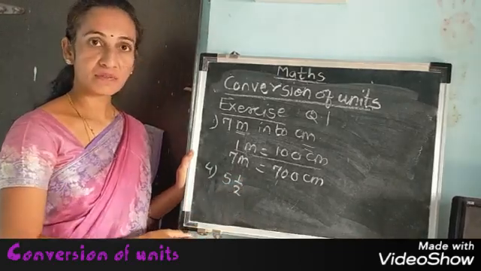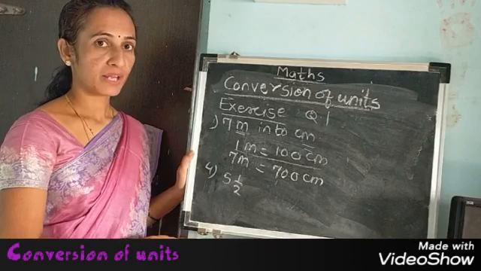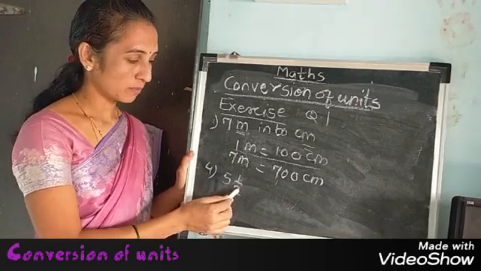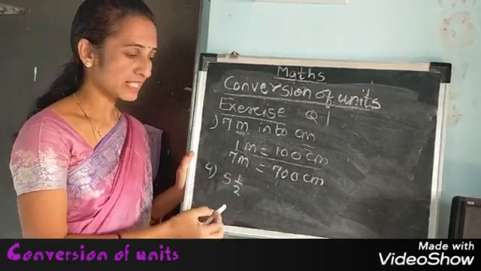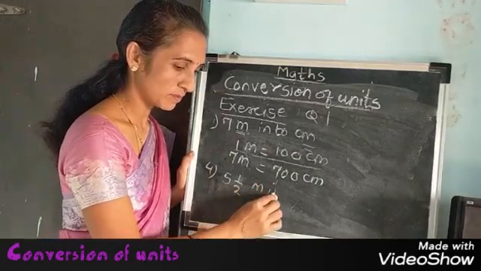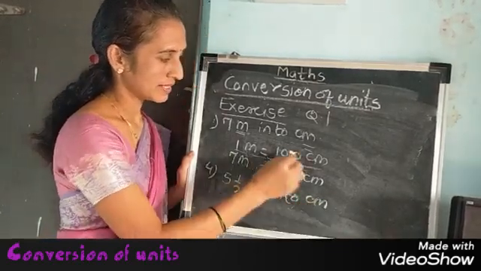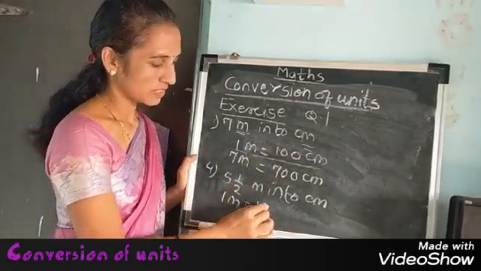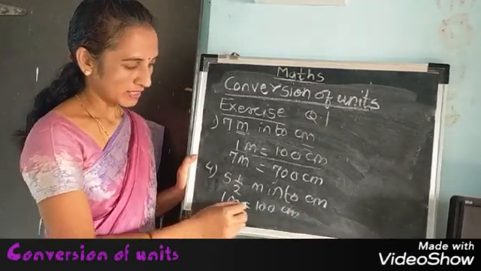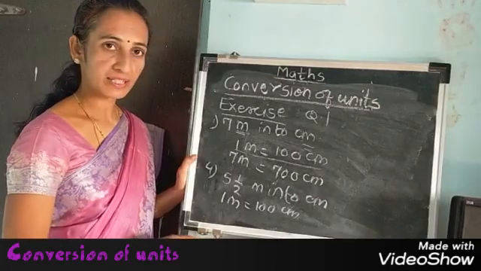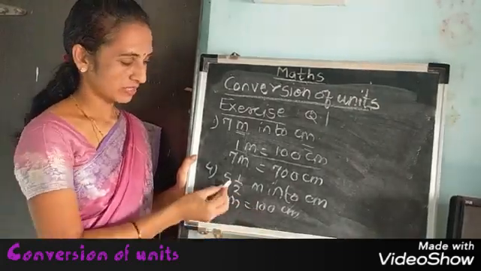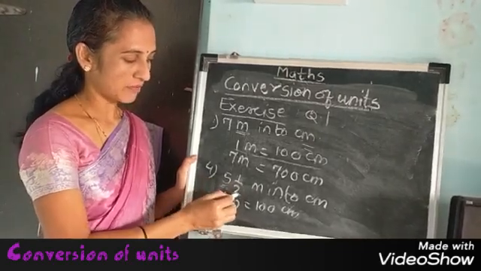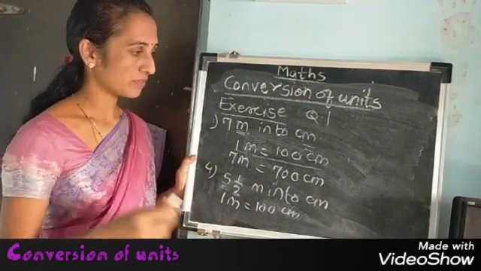See here, mixed fraction. We have learnt it in fraction lesson. Read this mixed fraction. 5 and 1/2. What is meant by 1/2? That means half. Meter into centimeter. Same way, meter and centimeter, that means this only note we will use here. Now 1 meter means 100 centimeter. Now 5 meter, we will count it separately. 5 meter and half meter. Separately we will count and then we will add.